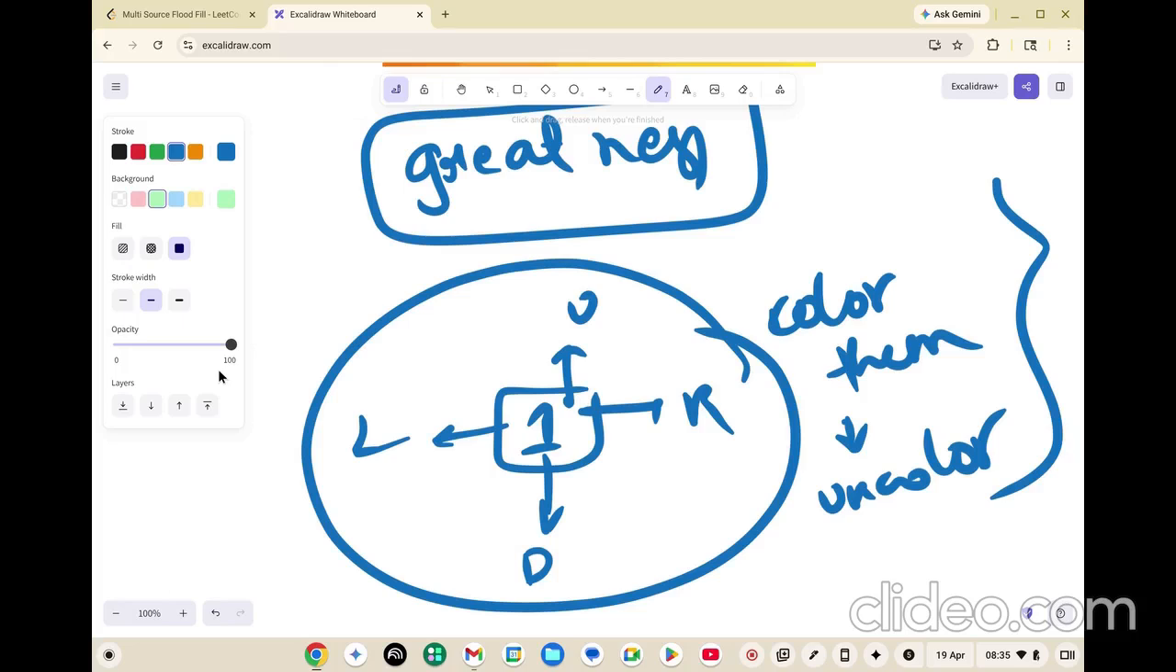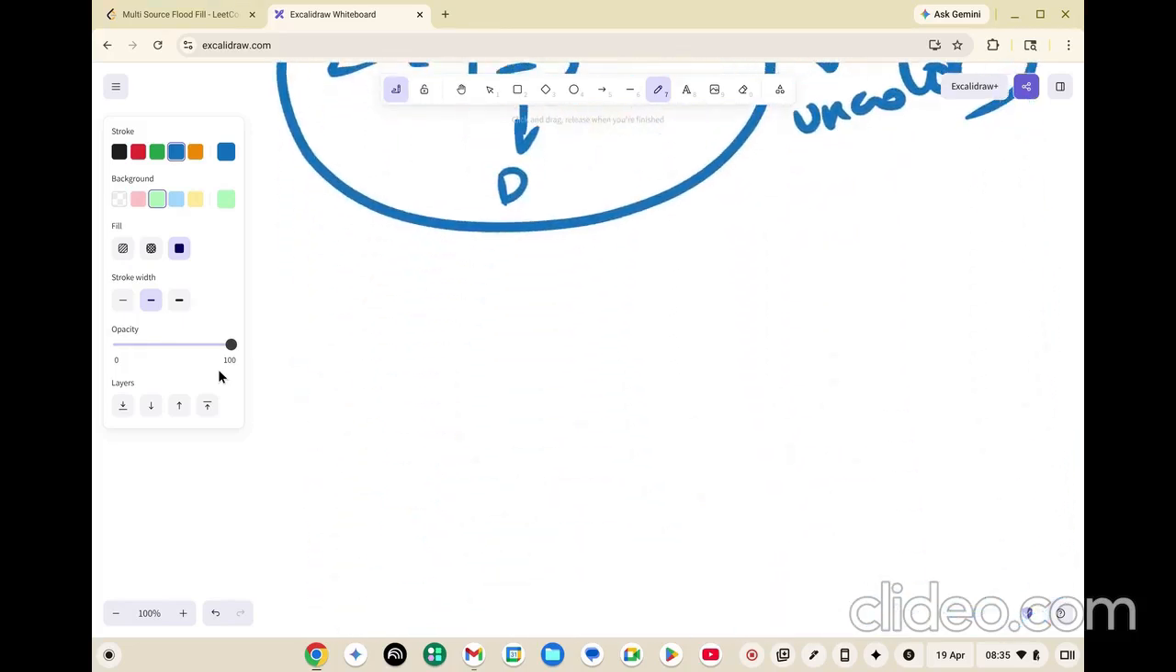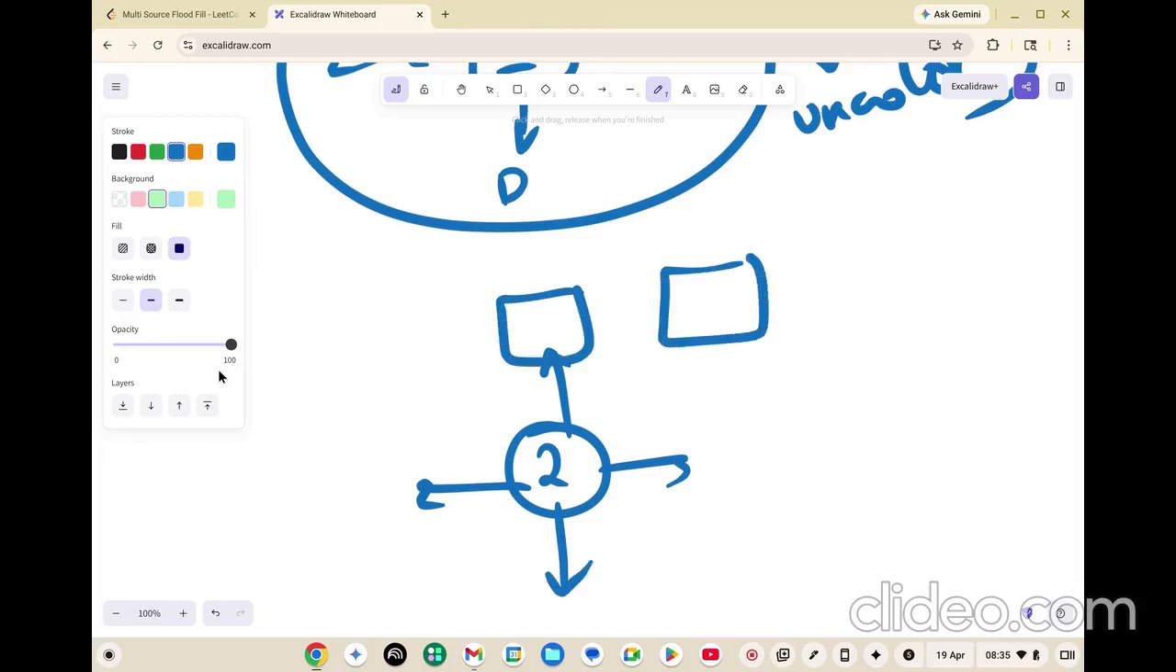What does this mean now? Let's say you are at this point. This point has a color 2 and it spreads in all four directions. Now let's say here was another colored cell, with a value of 3. This cell will get influenced by this one and this one both at the same time. So what will happen? You will try to figure out that if this 2 has the opportunity,